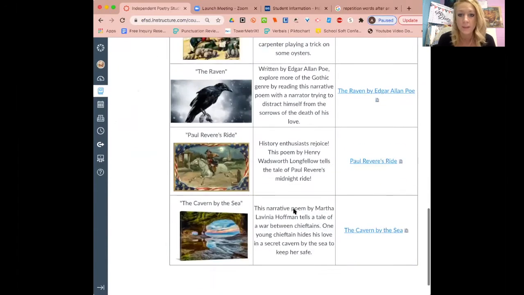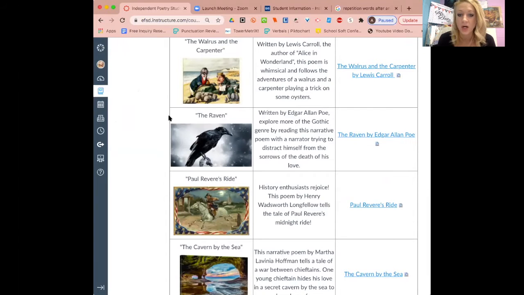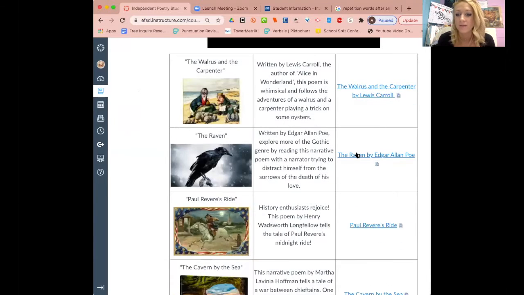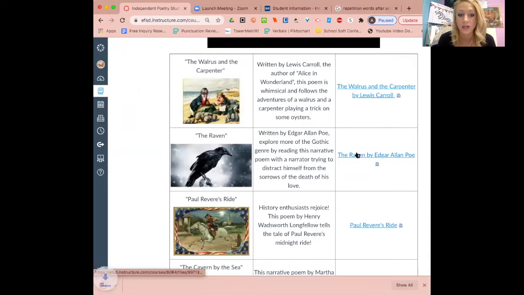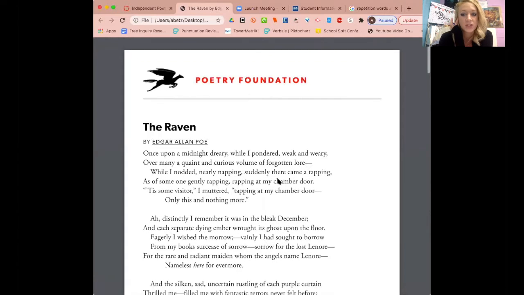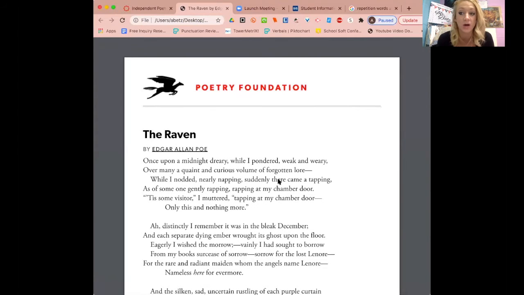So your 4 options are The Walrus and the Carpenter, The Raven, Paul Revere's Ride, and The Cavern by the Sea. Whenever you click on one of these poems, you're going to notice it's not a guided reading. There's nothing on here except the poem. These are from the Poetry Foundation. So you're going in and you're annotating this and marking it up, dissecting it for all of those key